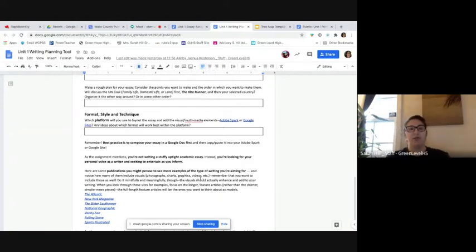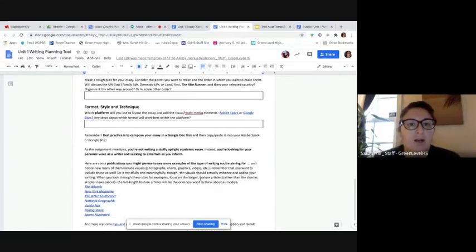So yes, you're going to originally write this paper in a Google Doc, because that's just best practice. It helps you with your spell check and your grammar check, and it's really easy to revise in Google Docs. But your final product is going to be in either Adobe Spark or Google Sites. We'll get to that part later. I don't want you to stress out about that. Some of you might be thinking, oh my gosh, I don't know those platforms, and that's okay. You're going to be learning how to use these multimedia elements in order to present your ideas, again, in a very interesting and entertaining way.